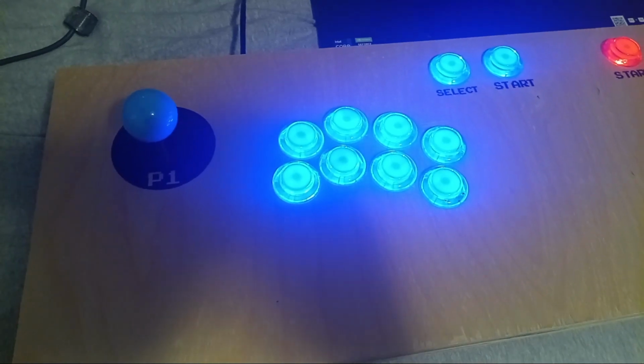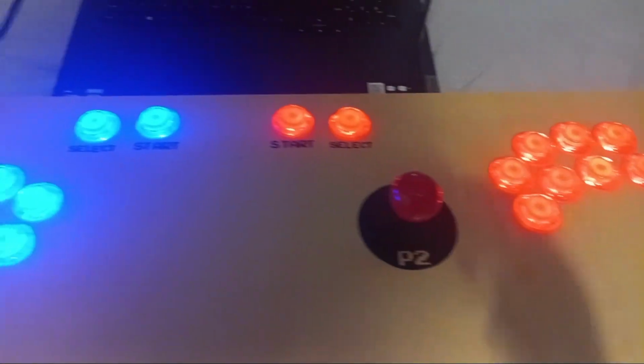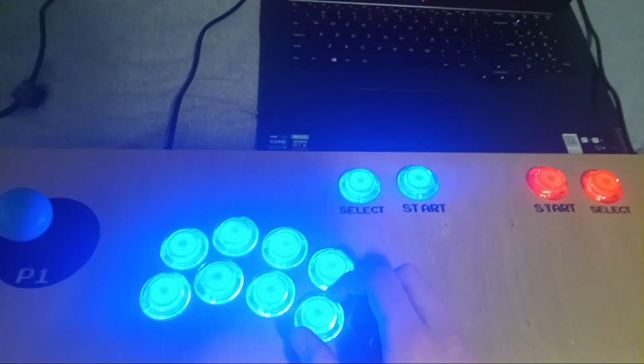So this video will be how to configure arcade buttons, and I'll have a few auto config files for some Wii games, some NES games, and I think a few Nintendo 64 games.